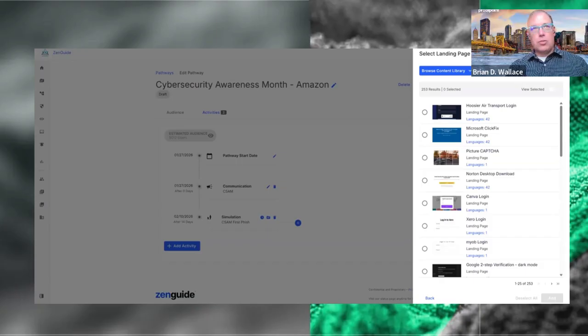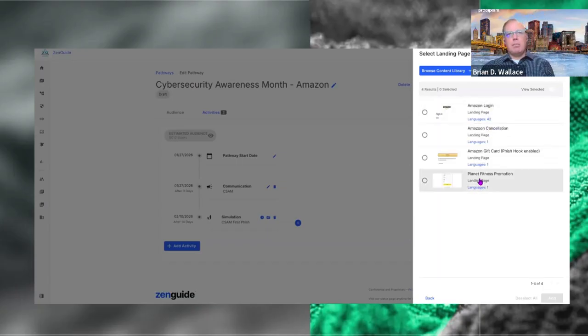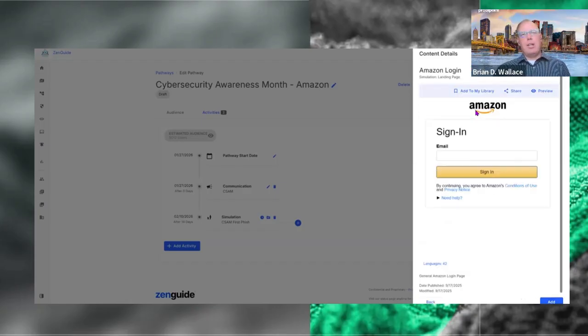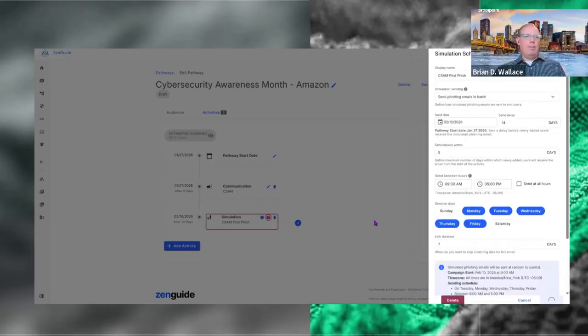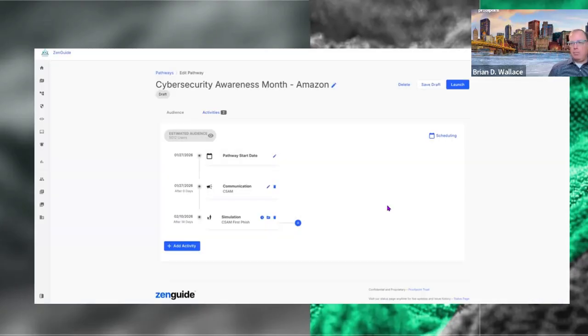So we'll just do a search for Amazon here. We can see that there's a bunch of different ones that exist. So I'm going to go ahead and click up. Helps if I can spell it correctly. Whoops. So we can go ahead and click on this. We can look at it, preview it, all that. And we will go ahead and hit add. So now what we have is a data entry campaign.